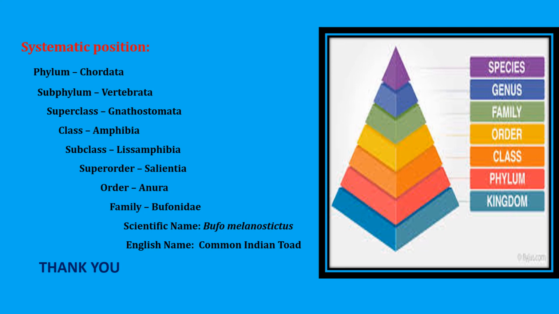Here toad. So here you can draw one pyramid like this, or else when you will write systematic position, you have to write like this. In your book, it has been given straight. It's okay in your book, just information given. Here I have written like this so that I can teach you properly with proper reason.